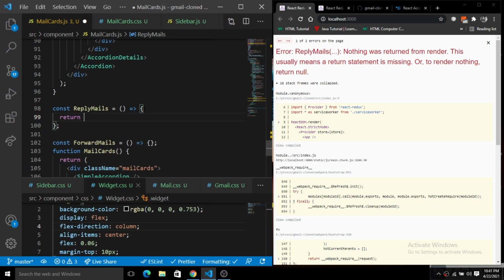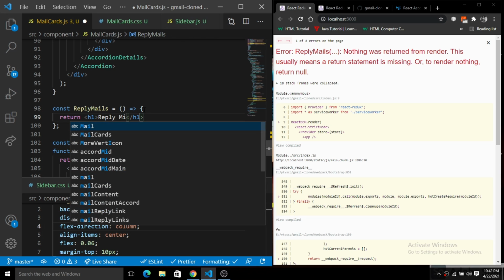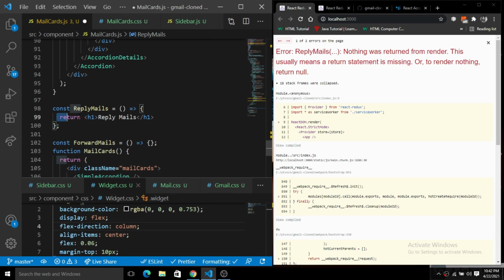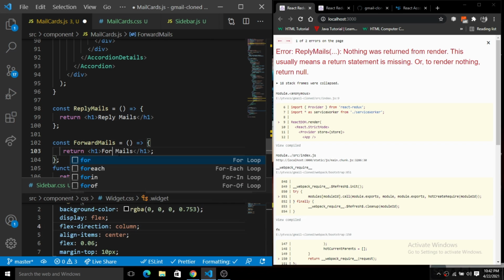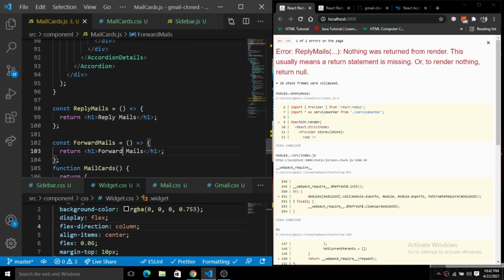Inside of this return statement, we will simply have an h1 tag. Let's close this h1, and here we'll add reply mails. Just grab the same thing and paste it inside of the forward, and instead of this we just put forward mails. Now save this.